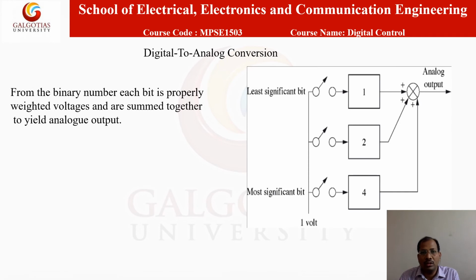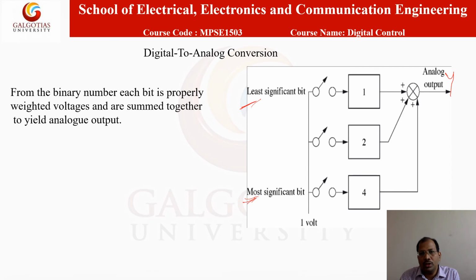Suppose this is the digital to analog conversion. This is the waveform, and this is the equivalent output. Here we are giving the input in digital form. This is the MSB, and this is the LSB. All the digital bits are given, and based on the bit size we have to represent them. They are just considering 1 volt equivalent.